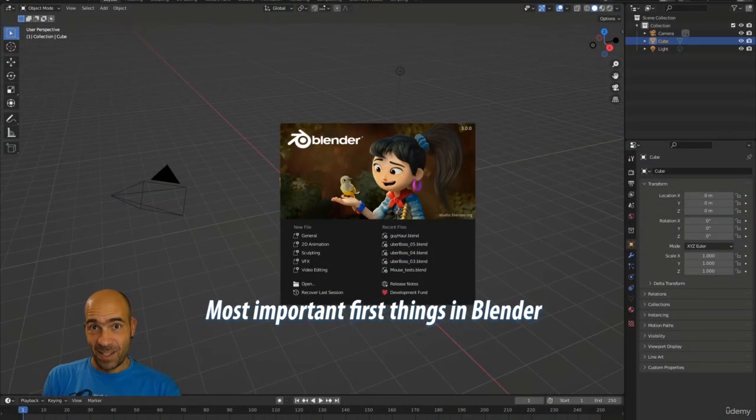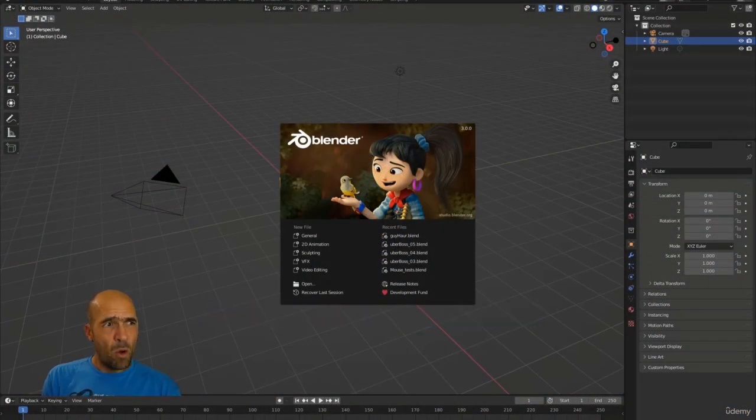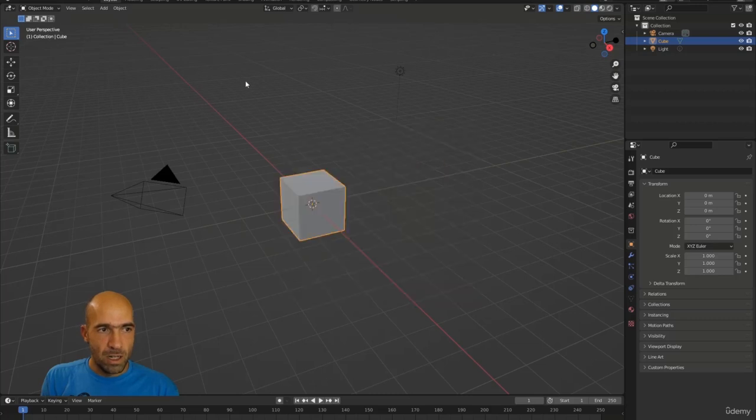So guys, at last we can start this course, and when you open Blender for the first time, when you install it and open it, you will see this. In fact, you will see a little window before this one. You just don't change anything, just click save or continue or whatever, and then you will see this. And here we don't click anything in those. Those are my recent files, those are general 3D animation, we don't care. We just click out of this little window here and we go into Blender, and now we are in Blender,